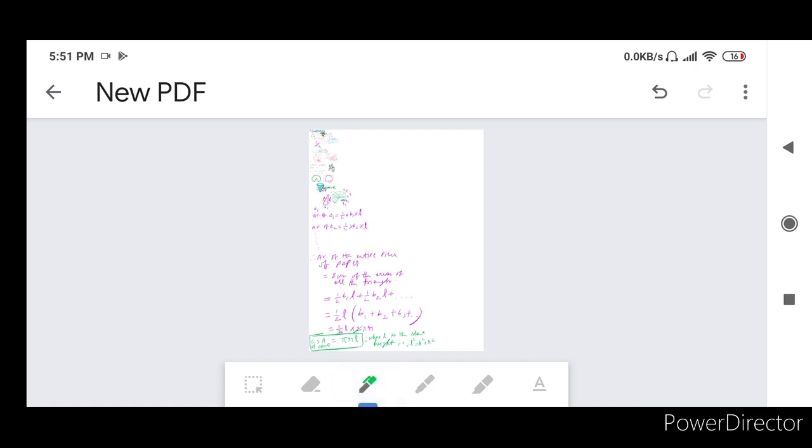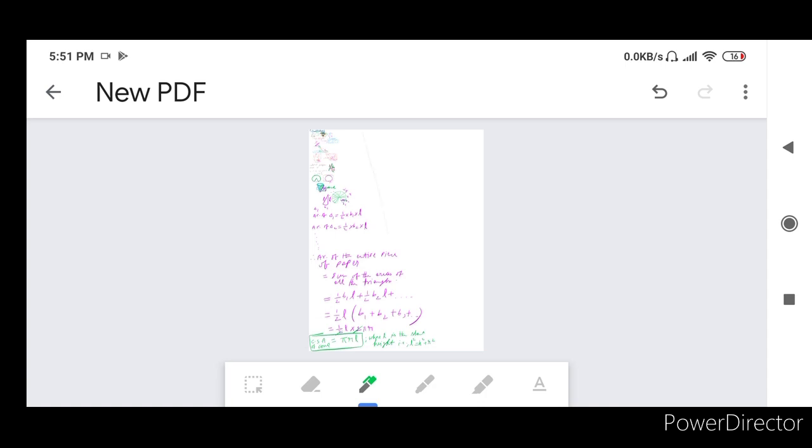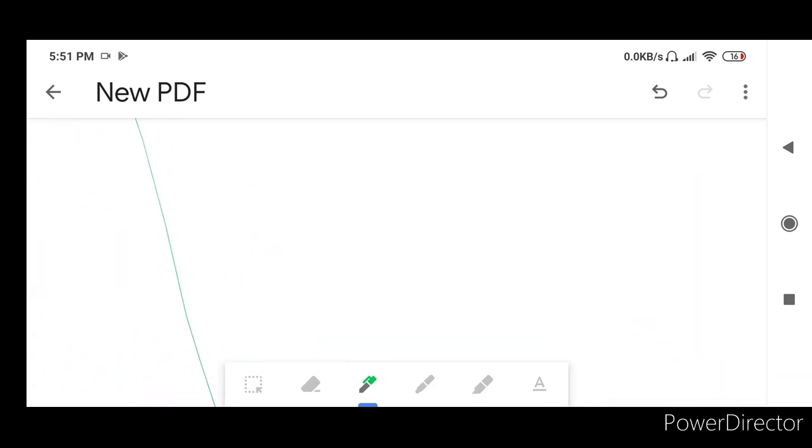Okay, now what are we going to do? Let us talk about some more things. Let me draw the... Okay, now let us talk about the total surface area of the cone. Total surface area. Okay sir, what is the meaning of total surface area?